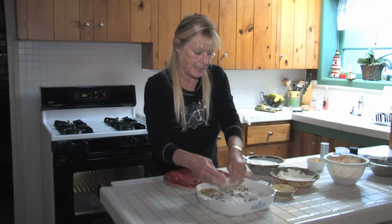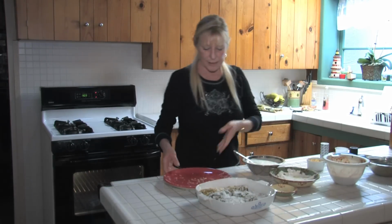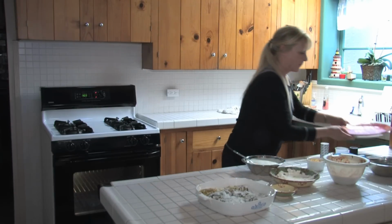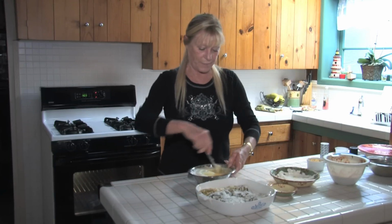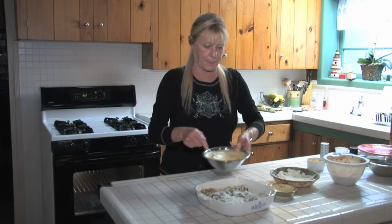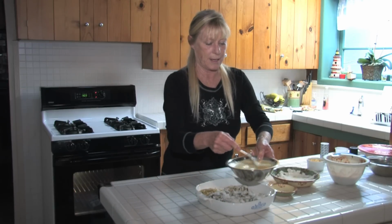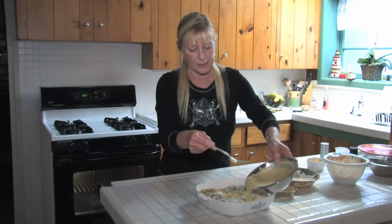Okay. Okay, now what I'm going to do is pour this egg mixture that I just whipped up. This is very simple now. I'm just going to pour it over the top of the chilies. Remember, they're stuffed with the cheese and everything. So I'm just going to pour it